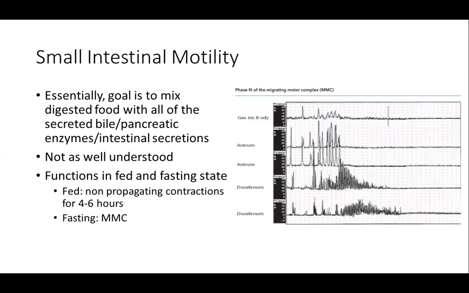One of the other things that might be fair game for you guys on your boards is dumping syndrome. Have you guys seen dumping syndrome yet? Yeah, okay. So it's probably fair game. Almost invariably, you'll see this after a bariatric surgery. What's happening is you have essentially created a small stomach pouch. I don't have a picture of this, unfortunately, so I'm just going to do hand gestures and assume that you know what I'm talking about. But you have a small stomach pouch that goes right into your jejunum.